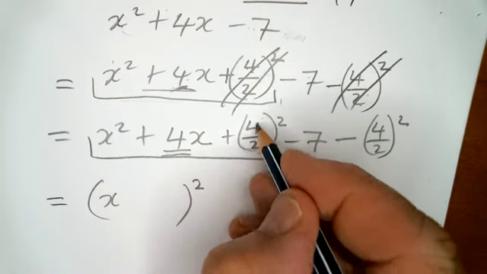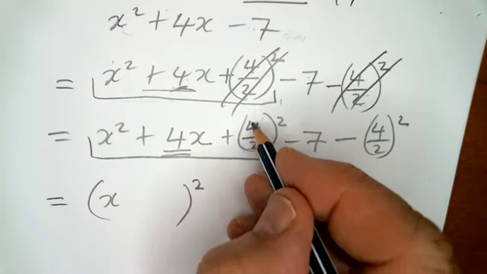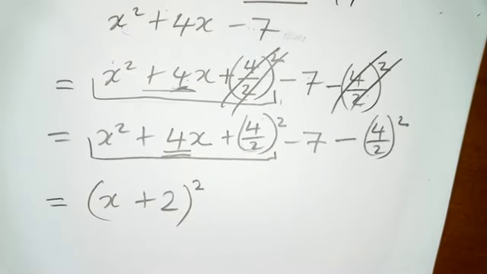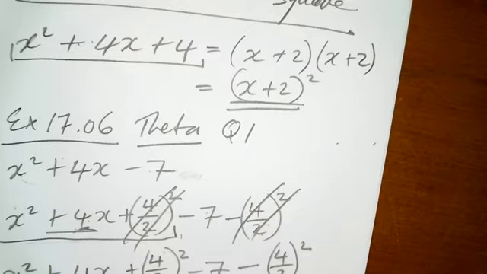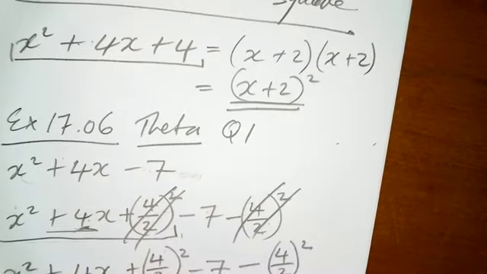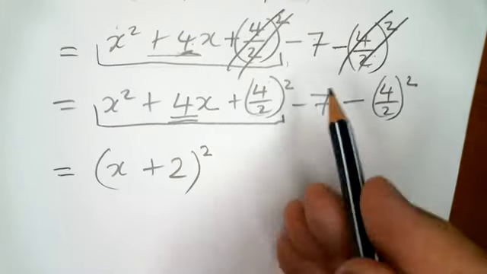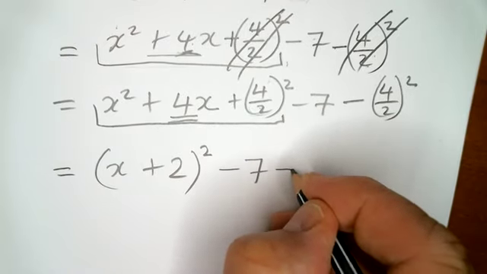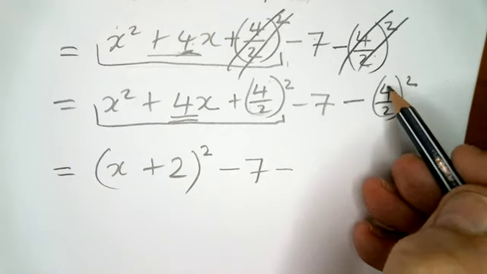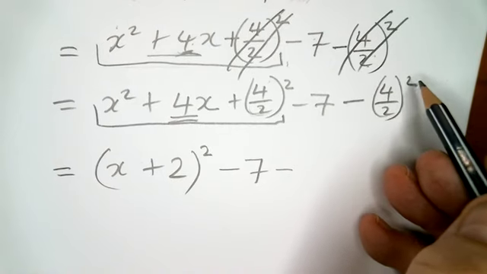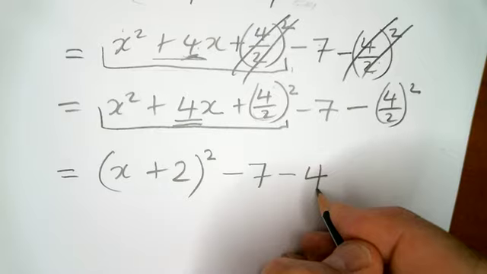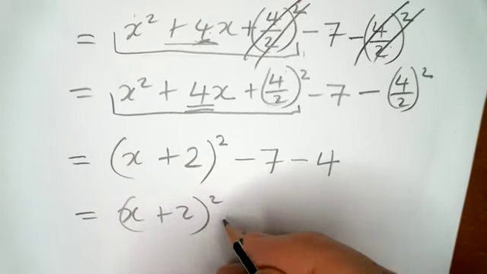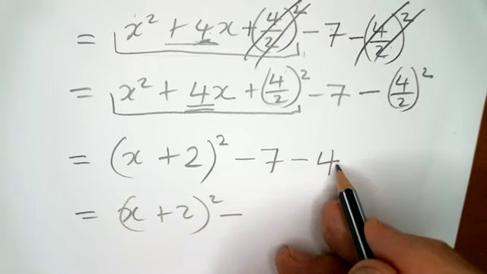So what's 4 divided by 2? That's the only question. Don't worry about the square. 4 divided by 2 is 2. It's a positive number, and we're going to place it there. That's our perfect square. And you'll recall from before, we got an x plus 2 all squared. Now, we've also got this bit tacked on the end here, so I'm going to write that in, minus 7 minus, and what's 4 divided by 2 is 2, all squared is 4. There it is. So now I'm going to have x plus 2 all squared minus, well, minus 7 minus 4